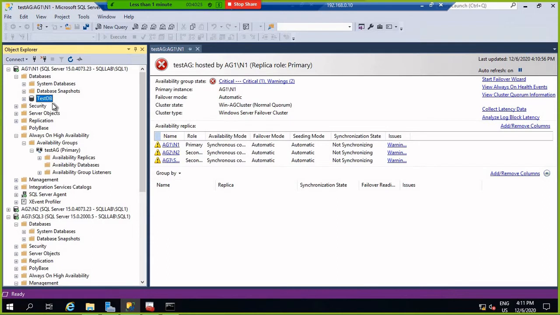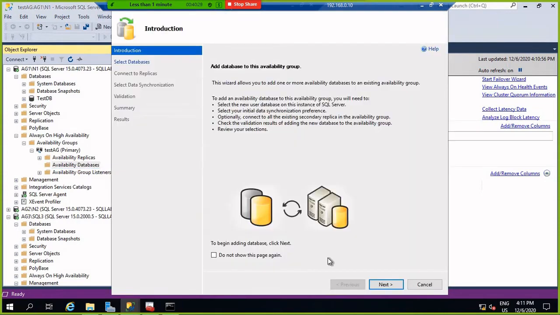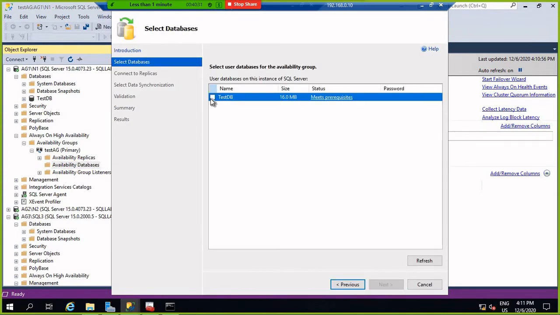Once that is done, you go to this one, add database, just choose it, meet the prerequisite. It is showing the status of whether the database is compatible for Always On or not.